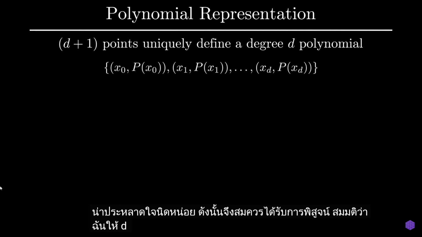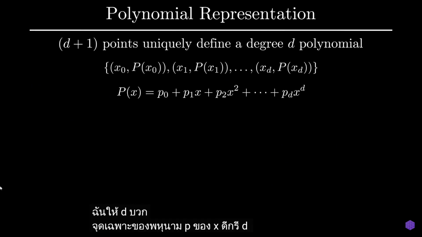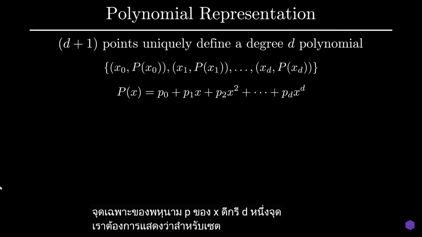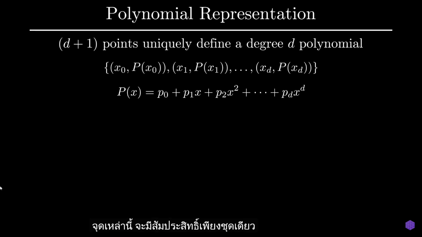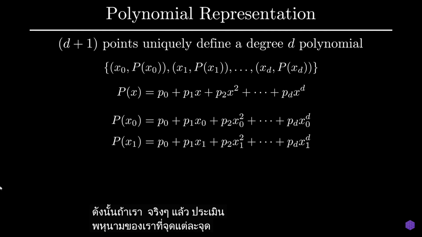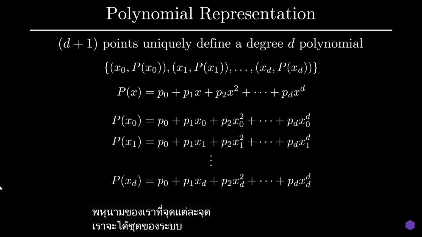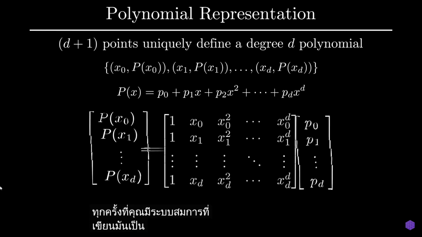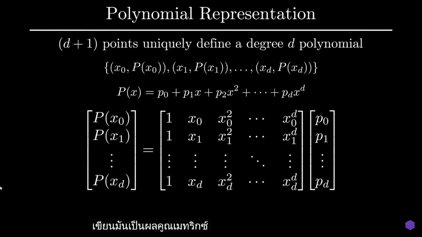Suppose I give you d plus 1 unique points of a d-degree polynomial p of x. We want to show that for these set of points, there's only one set of coefficients. So, if we actually evaluate our polynomial at each of these points, we get the following system of equations. Whenever you have a system of equations, writing it as a matrix vector product is almost always helpful for